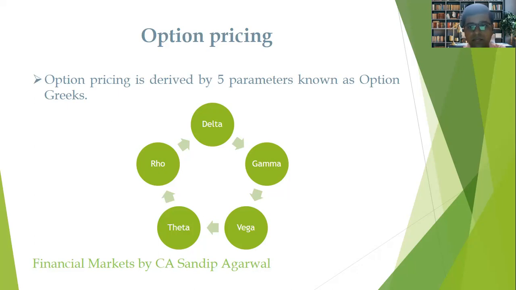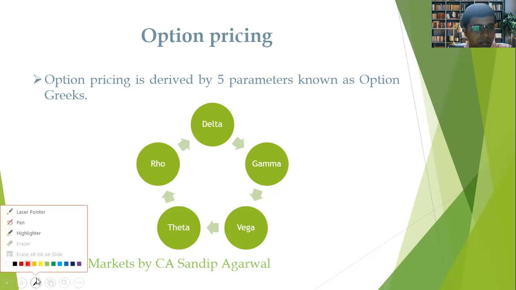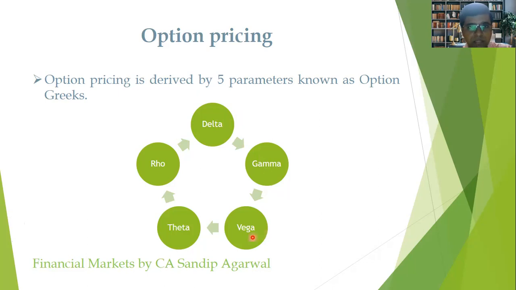Say, for example, if the Nifty is currently trading at 16,600, and somebody is buying a call option of 16,600 strike or buying a put option of 16,600 strike, and the price of that option is, say, 500 rupees, then what are the components of those 500 rupees of option price, and how does the price of an option move along with the movement in the parameters by which it is determined? If you see the current screen, these are the 5 parameters